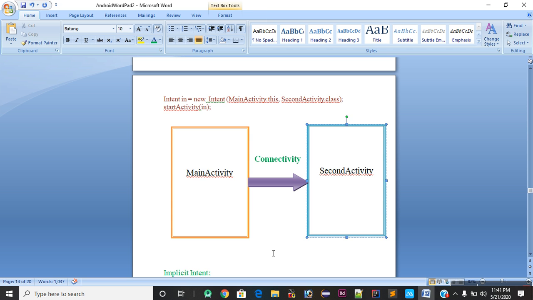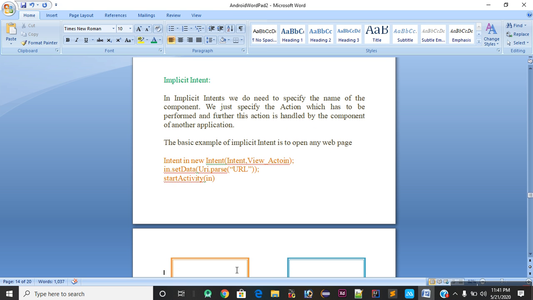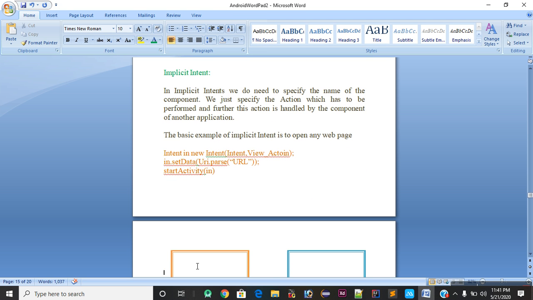So now we discuss the next one, implicit intent. Guys, we will discuss how to use implicit intent, why to use it, what its properties are, and what its declaration is.